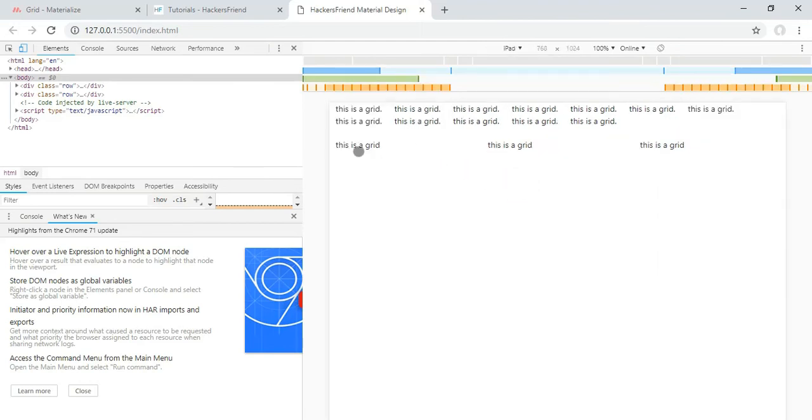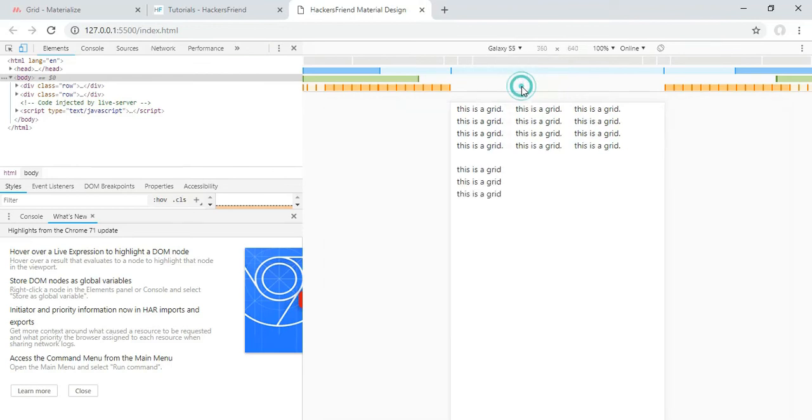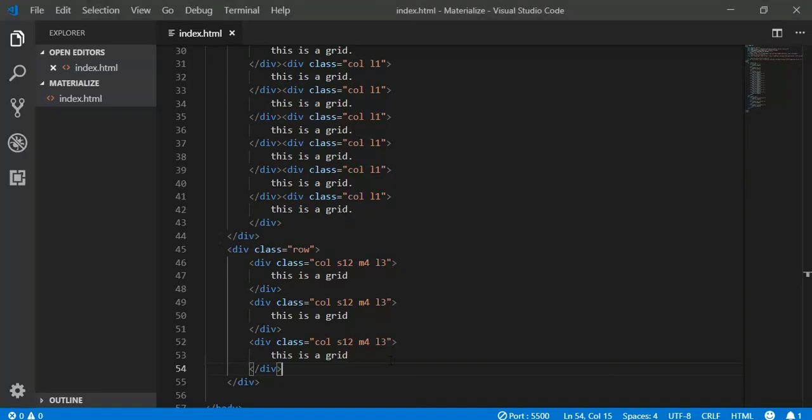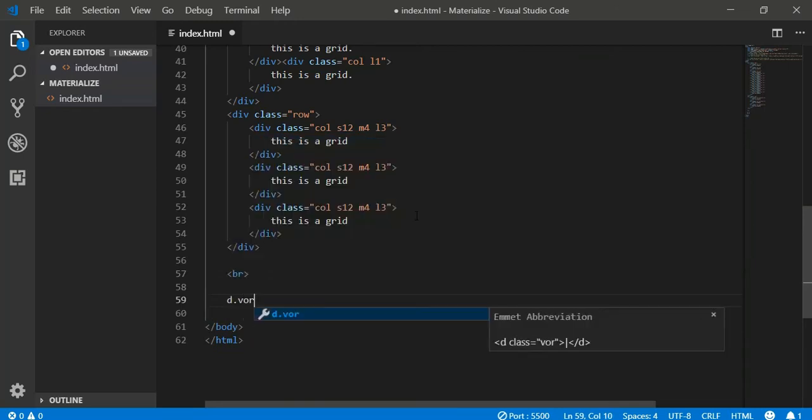And on medium screen size, they are again arranging themselves horizontally, and on a mobile screen size, they are arranging themselves vertically. So this is how we use grid system. Let me explain it with a proper design, and then you will have a better idea about how these grid systems work. So take a break and create another row,